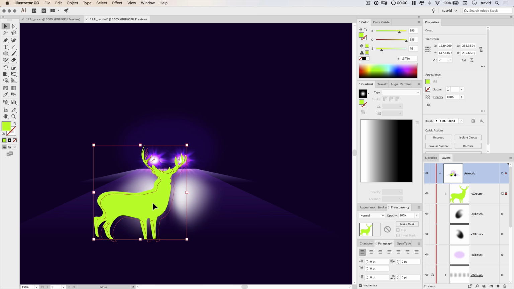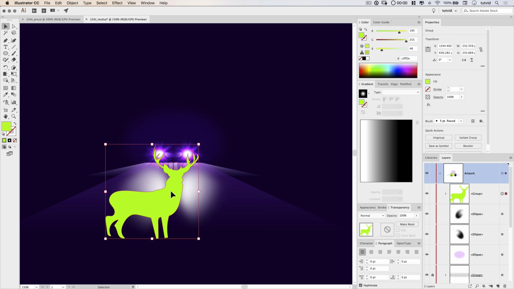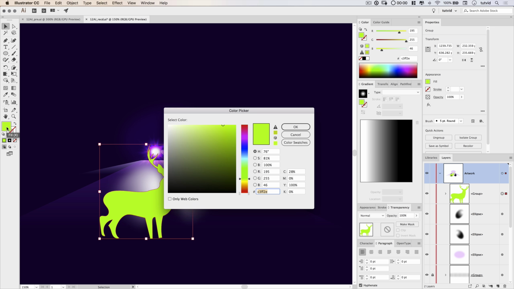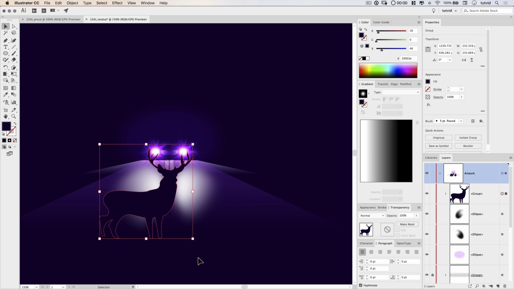see it. Then what I'll do is I'm going to move the deer into place, so he's definitely popping up here in the middle of the road, blocking the car a little bit. And I'm going to change the fill to the same thing as my background, which if I recall correctly, I'll go into my color picker here, is the color 10002E, which should be that super dark purpley blue color.